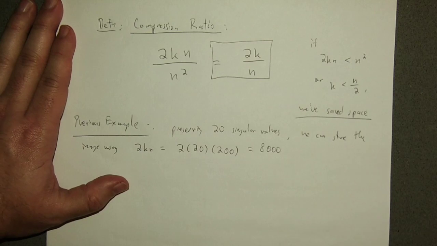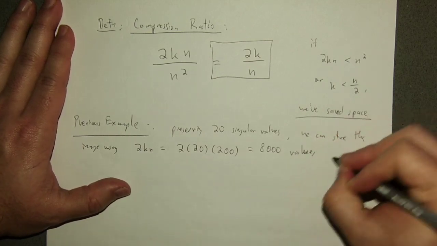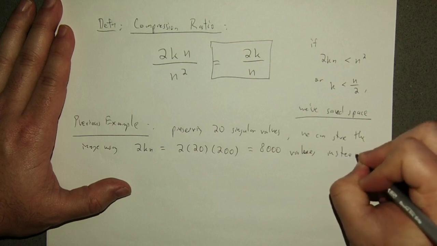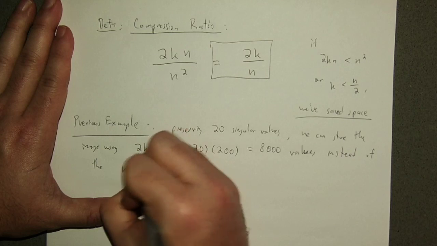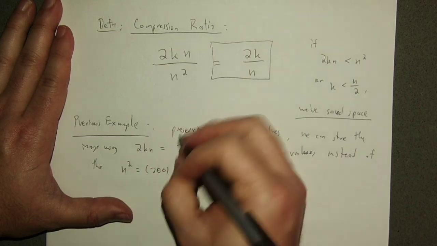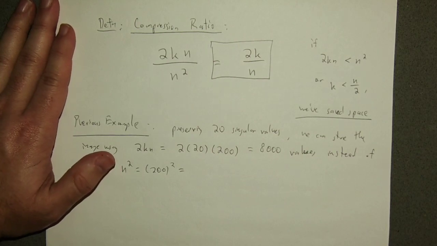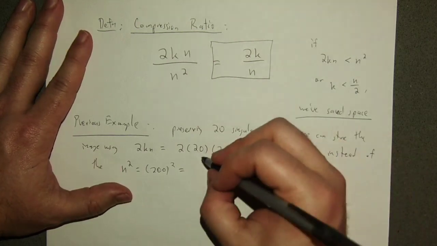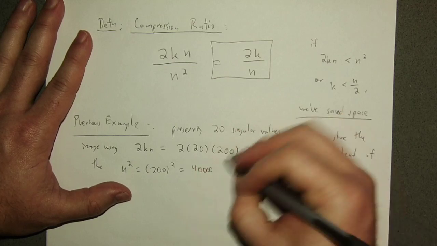So that's 8,000 values instead of the n squared, which is 200 squared, or 40,000 values,